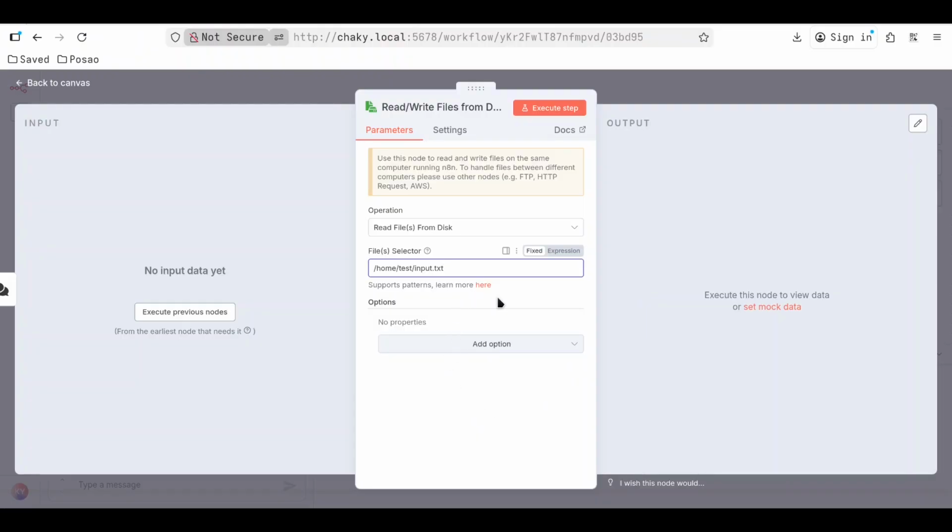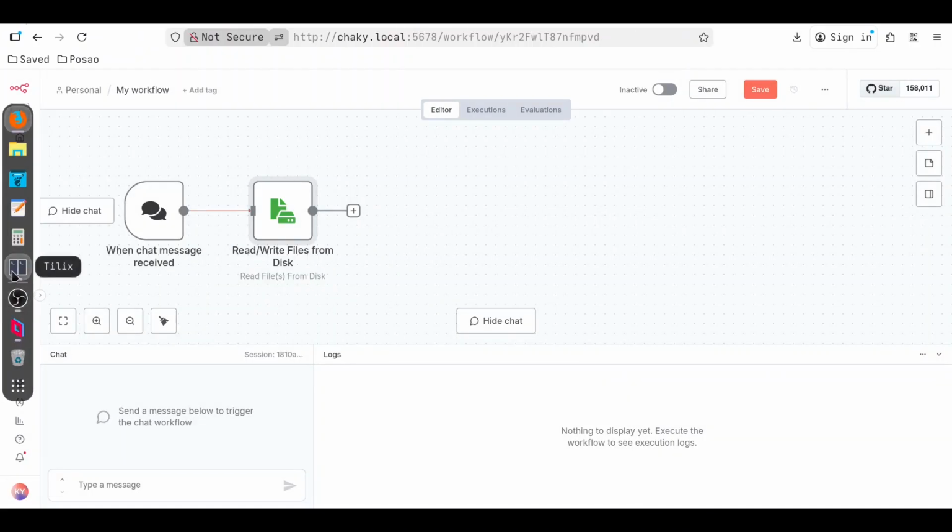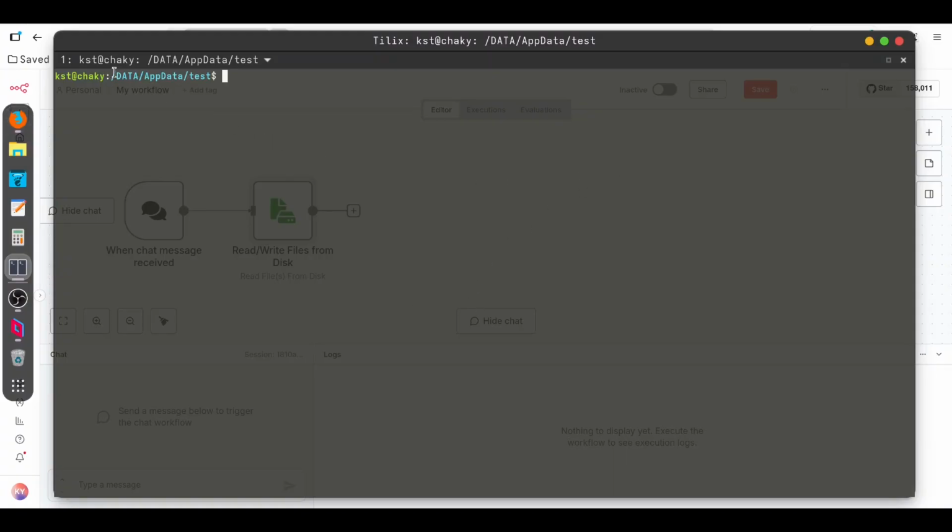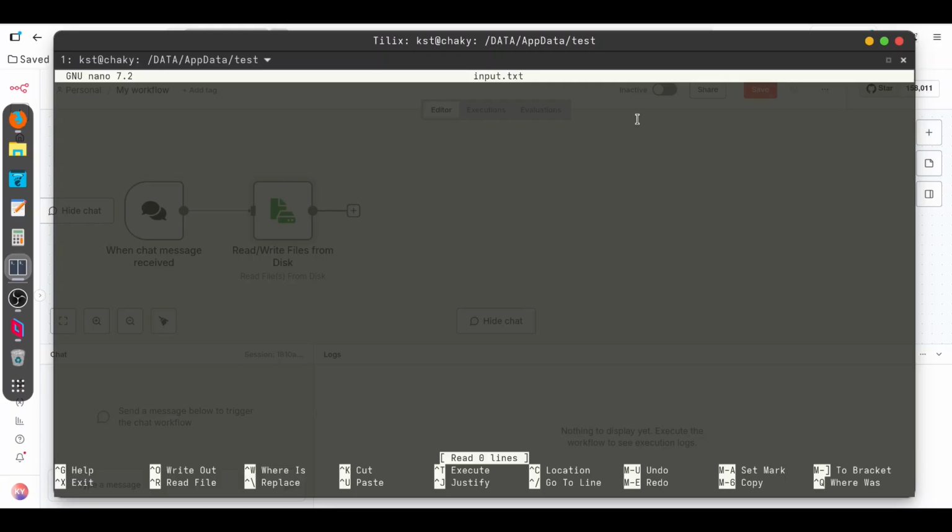Now we are going to create those files that we are going to use. Okay, I'm going to get back, and I have my Tilix started, and I've navigated to data updata.test through my SSH, and I'm going to show you what I have in this directory. So I don't have anything. Now I'm going to create those two files that we are going to use, touch input txt and output txt, and we are going to change content of that input with nano input txt, and I'm going to say something like x minus 28,